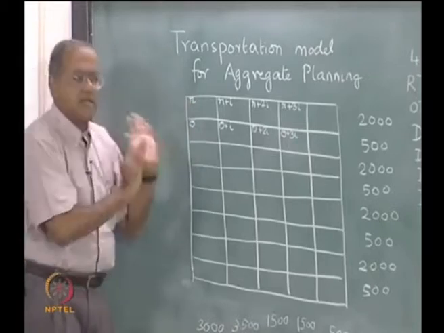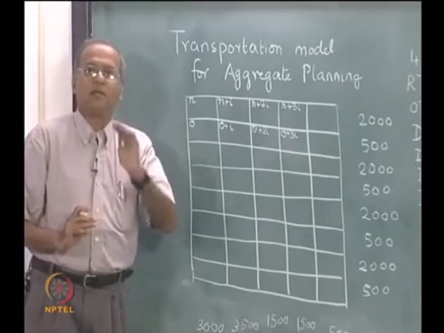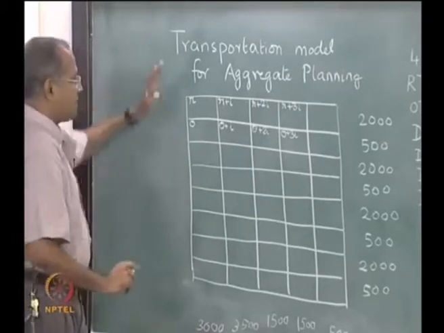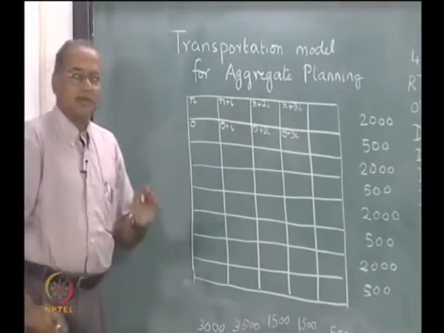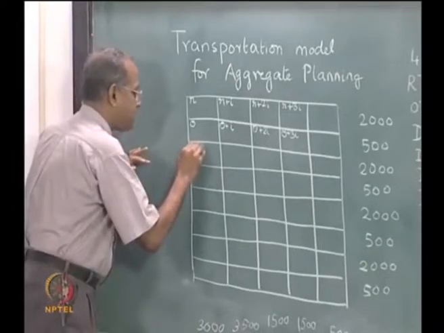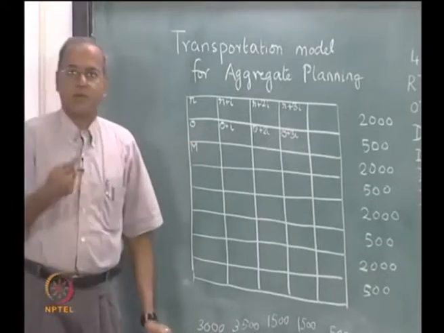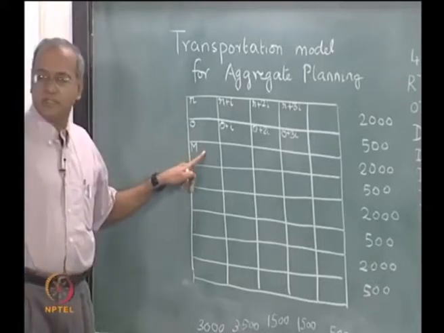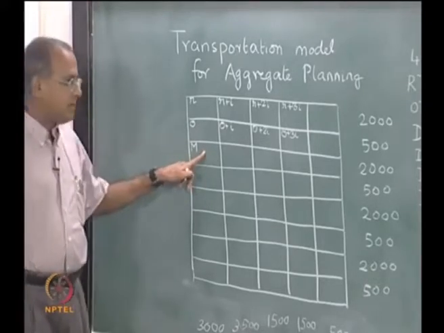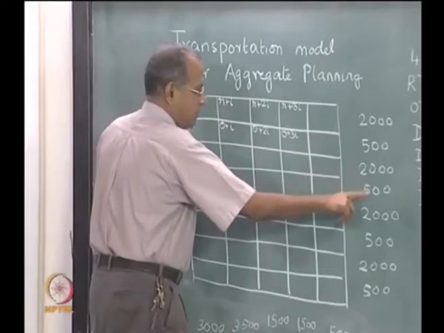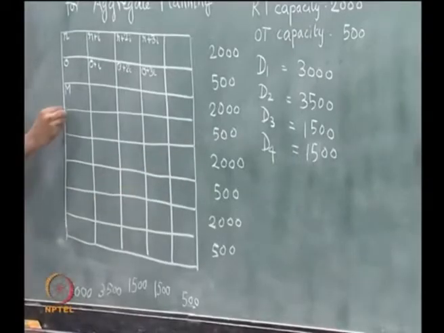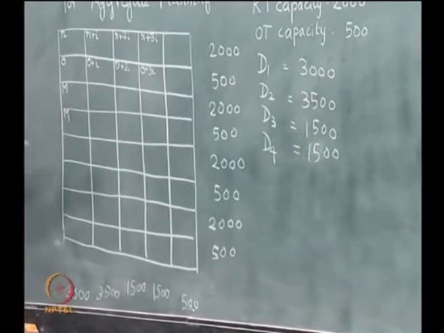Now, for the present, let us assume that we are not going to allow back ordering, and therefore, it is a minimization transportation problem. So, it is customary to put a big M, where M is large and positive, so that we do not have this allocation and this is not allowed. Similarly, overtime capacity of the second month to meet the first month's demand is not allowed. So, automatically all these will become big M, because we are not allowing back ordering in our first assumption.